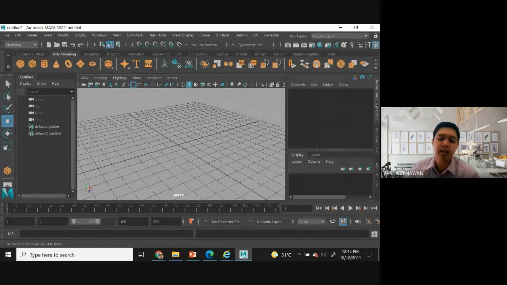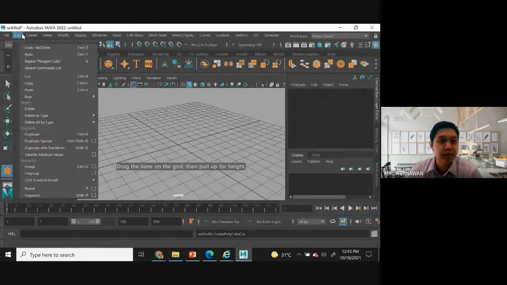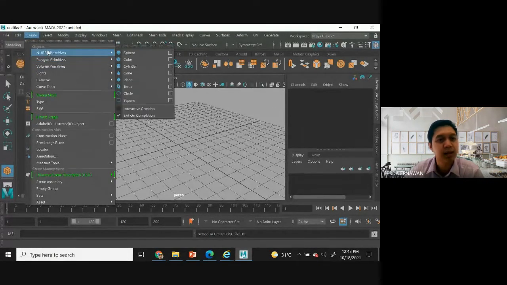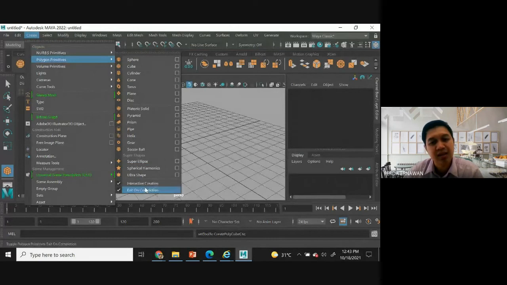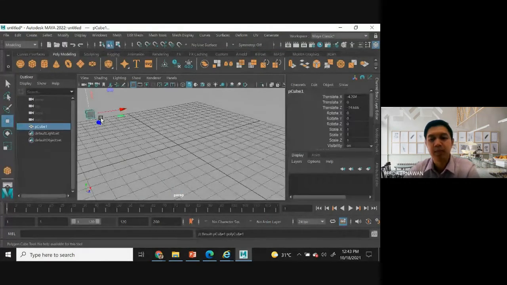Okay. Next one is we are going to use subdivision. Let's say we choose a cube here. Basically I don't really like the interactive creation, but sometimes some people are interested in it. For me, all right, let me choose the cube.